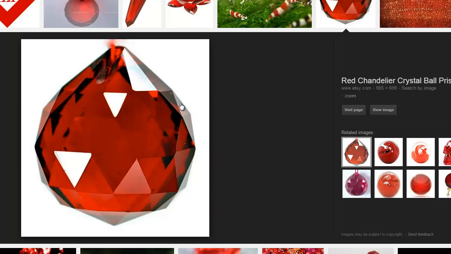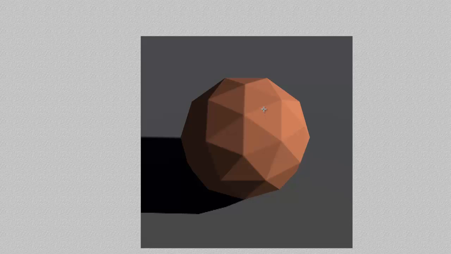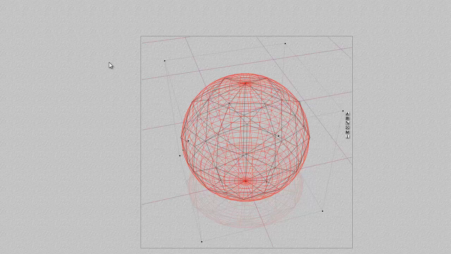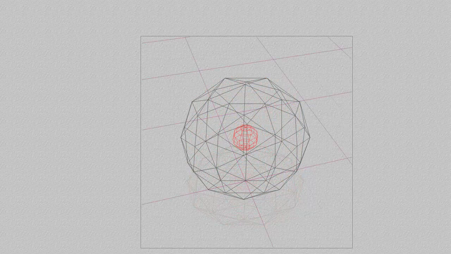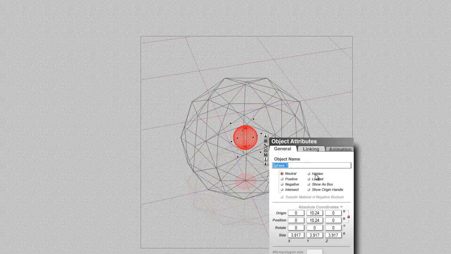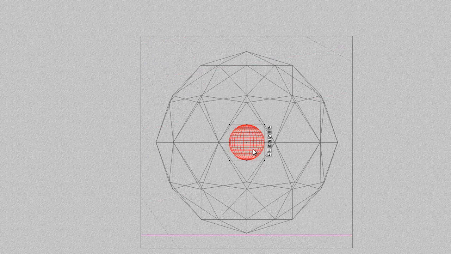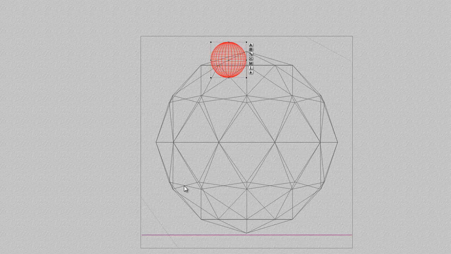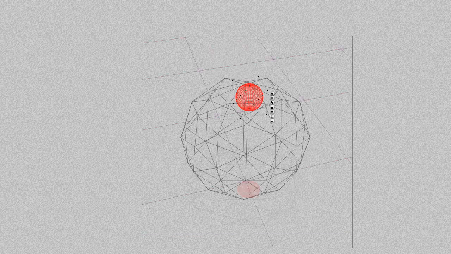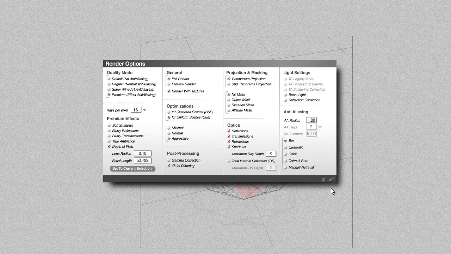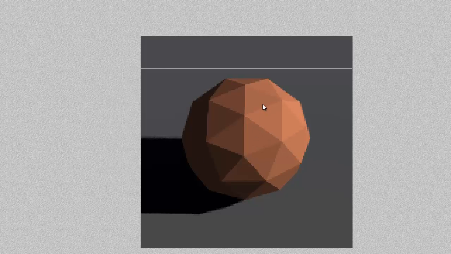If I look at my reference image, I probably don't want that. I want the front edge to be more in focus. So I need to move the depth of field focus point, which I can do by creating a Bryce sphere, just a standard one, shrink it down, modify its attribute so it's hidden, switch to the side view, zoom in, position my sphere where I want the focus to be, go back to the camera view, go to render options and set to current selection,